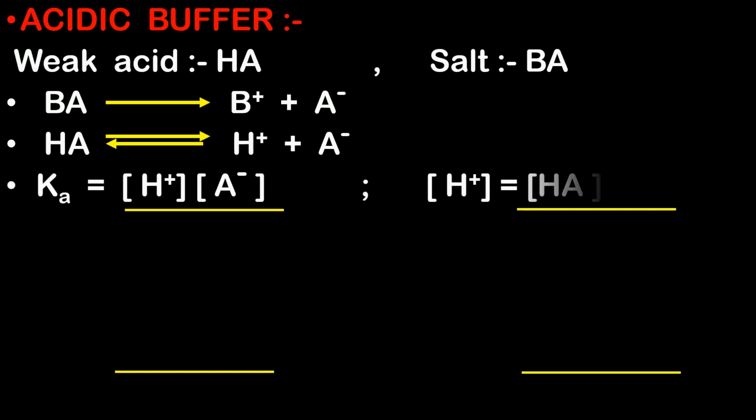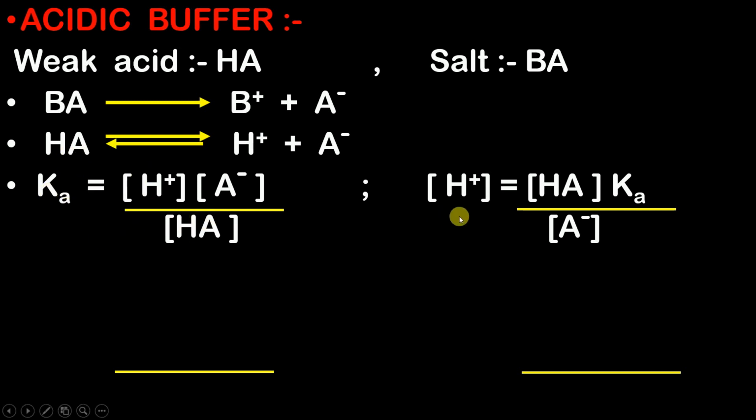So the acid dissociation constant value will be the multiplication of the molar concentration of products, that is the H plus ions into the molar concentration of A minus ions. So you have multiplied the molar concentration of products in the numerator and divided by the molar concentration of reactants, that is HA. Now similarly, I'm going to rearrange this equation over here. Can you see over here? I've just considered the molar concentration of H plus ions on one side